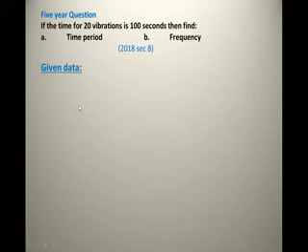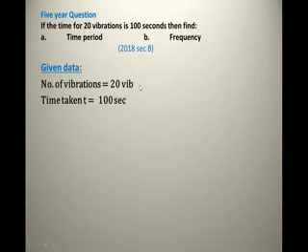Wavelength? Wavelength is 20 vibrations. Izhan Iqbal, these are number of vibrations, this is not frequency. Remember, if it were frequency, it would be written as vibrations per second. Now they are saying 20 vibrations, so they are giving you the number of waves, number of vibrations, number of cycles, number of oscillations. So I'm writing 20 vibrations, in short, you can also write waves. And after that we are taking total time t of 100 seconds here.